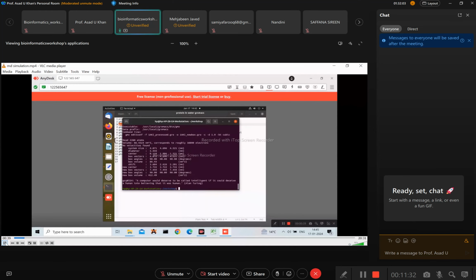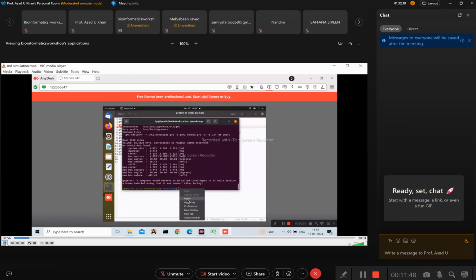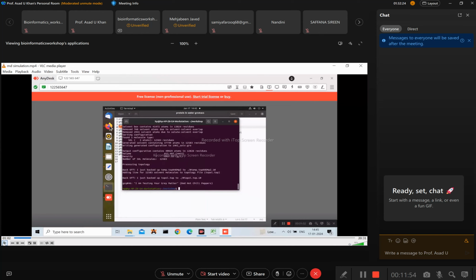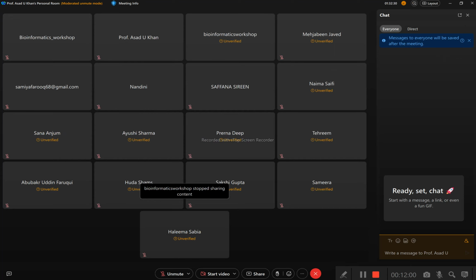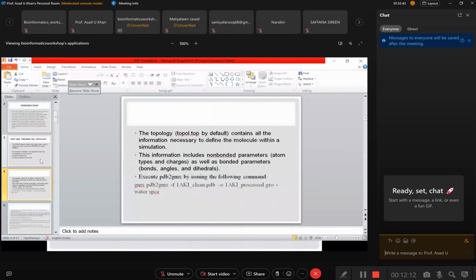And then we are going to add solvent, that is, we are going to use water molecules. So now we have already